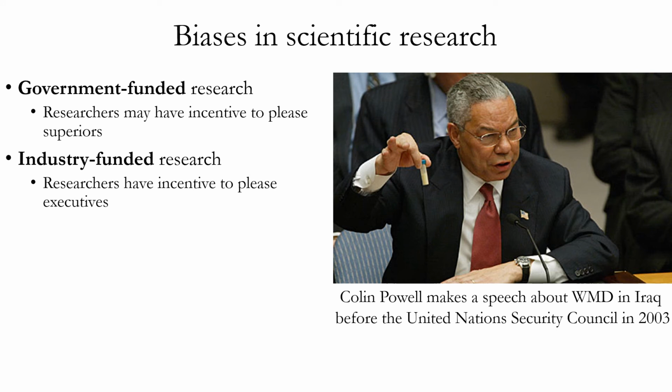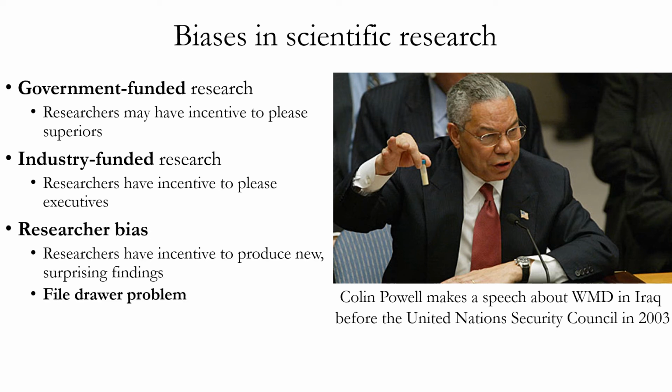Another source of potential bias of science is when you have scientific research funded by industry, i.e. businesses that produce the products relevant to the research. A well-known example of this is pharmaceutical companies. They have to fund a lot of research to prove the safety and effectiveness of their pharmaceuticals. However, they have a huge financial incentive to make it look as if their products are safe and effective, and they can put pressure on the researchers who work in their labs.